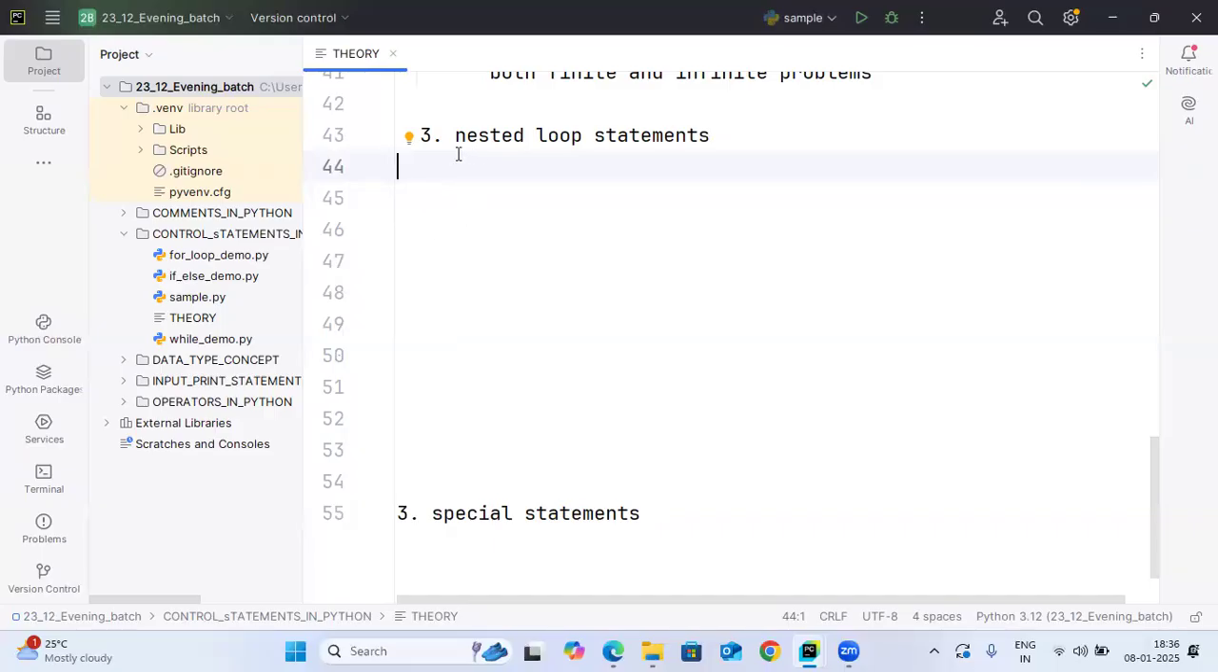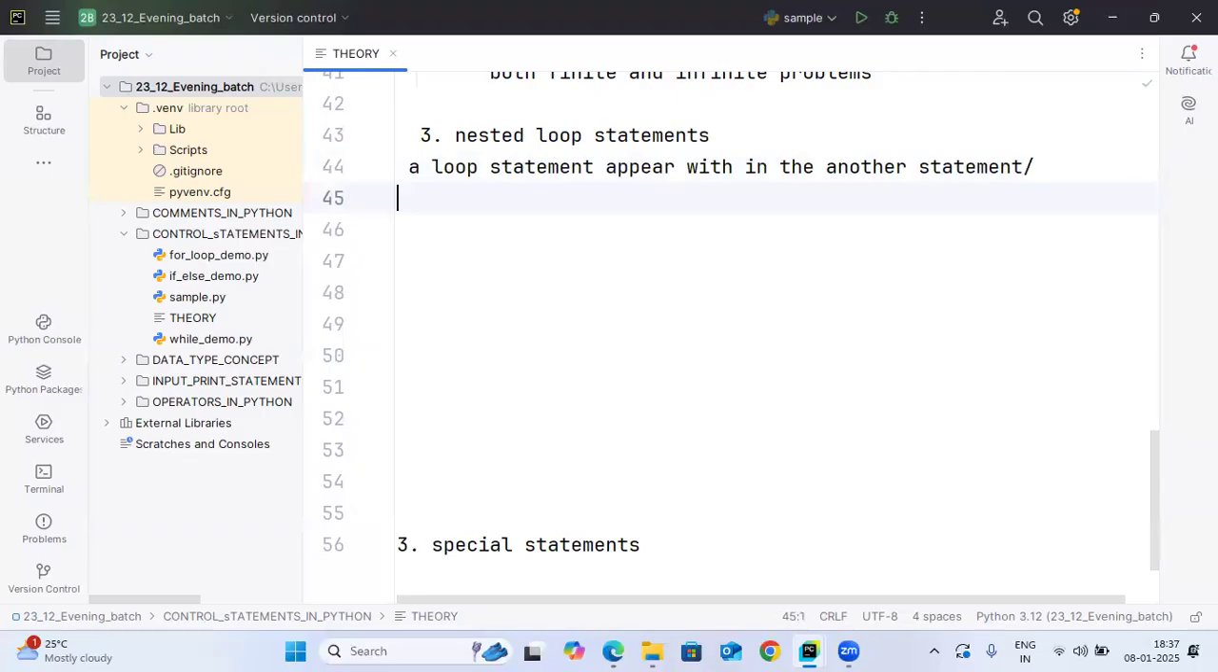Let's go ahead with another statement called a nested loop statement. Nested is nothing but a loop statement appearing within another. A statement which appears within another statement is actually called a nested statement. So as per my knowledge, nested statements are applicable